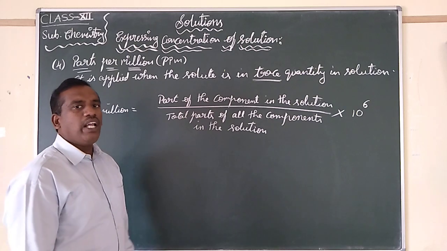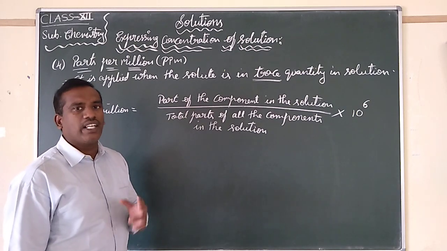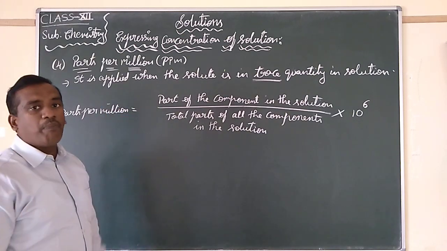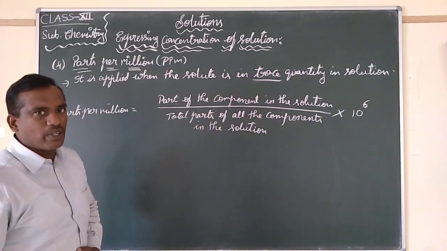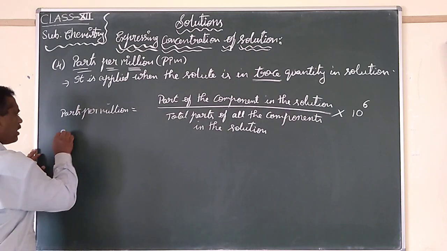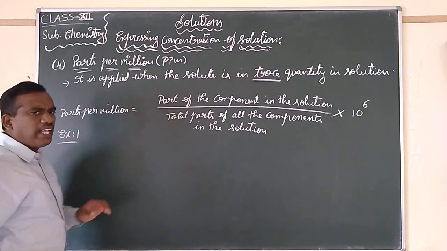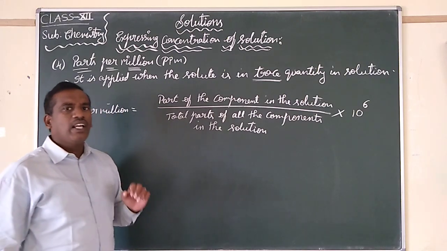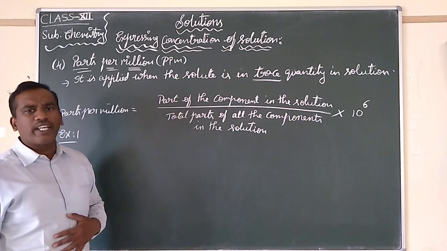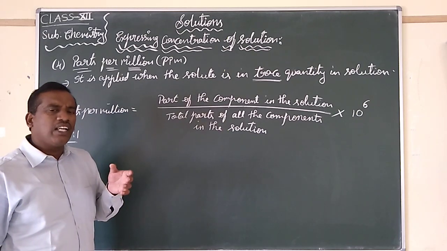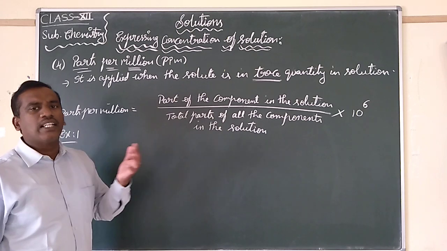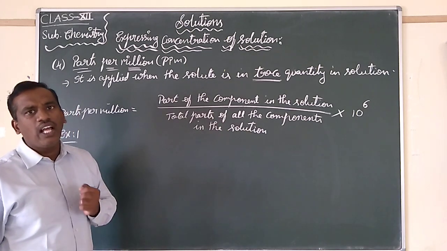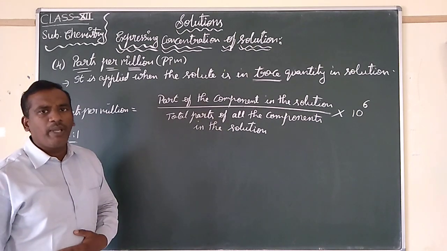Let us study one example first, then we can clearly understand. We are going to express this in the million part. Out of the million, one part we are going to discuss. The example we are using is sea water. There will be many solute particles. What is the solute? That which is present in a smaller amount than the solvent. What is the solvent in sea water? Water is the solvent in sea water. So many solute particles will be present.